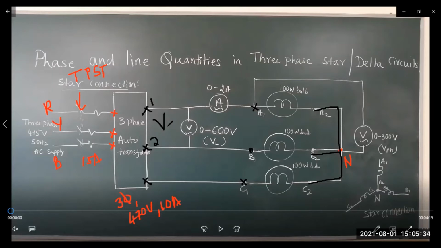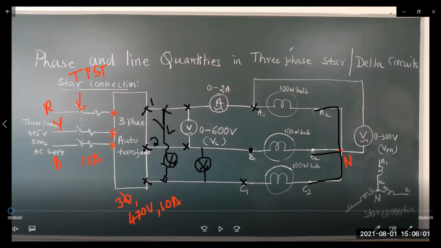So what is line voltage? Line voltage is nothing but the voltage across two lines. Say this is one line voltage. If you want, you can connect like this, or otherwise you can connect in this manner also. Okay, this is another way to measure the line voltage. Or else you can use these two points, so take a voltmeter. So likewise you can connect. I am also okay with these connections. I think it is very clear to you.